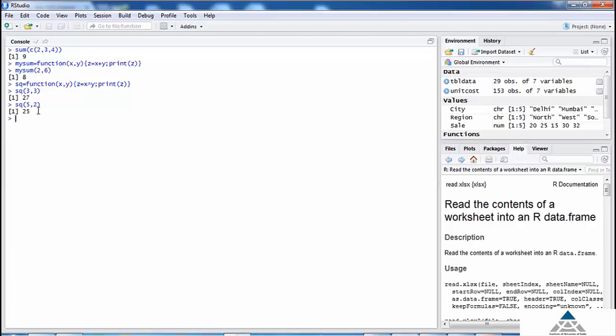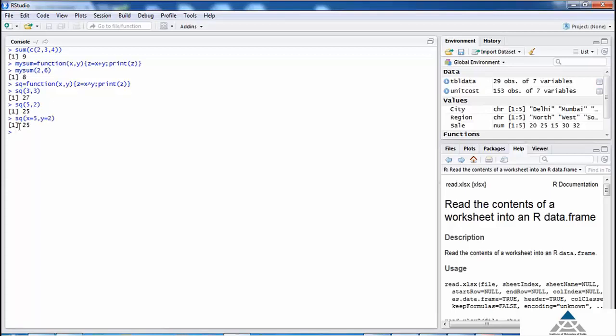Let us look at another way of entering the arguments to a particular function. So far, we entered the arguments as 5, 2. An alternative for entering the arguments can be to write x is equal to 5, y is equal to 2.